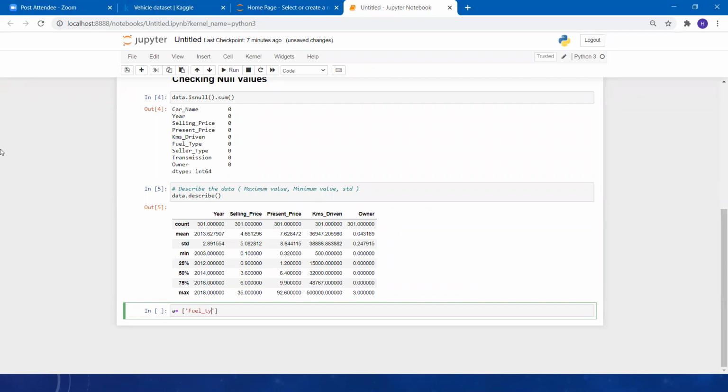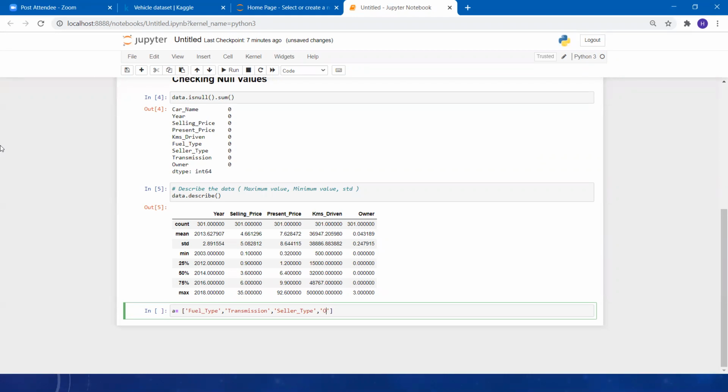So we have underscore fuel type. Second one is our transmission. Third one is our seller type. Last one is our owner.